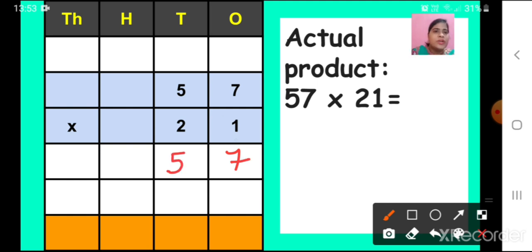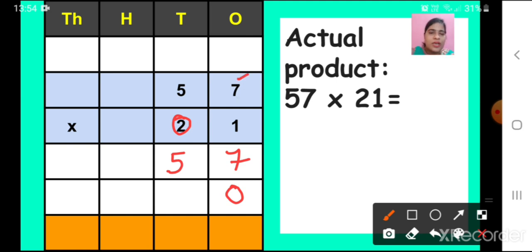So the first number we have multiplied. Then the second number is in the tens place, so we have to first put a 0 here. Before starting the multiplication of the second number, we have to put a 0. Then we have to multiply. Then first, 2 we have to multiply with number 7.